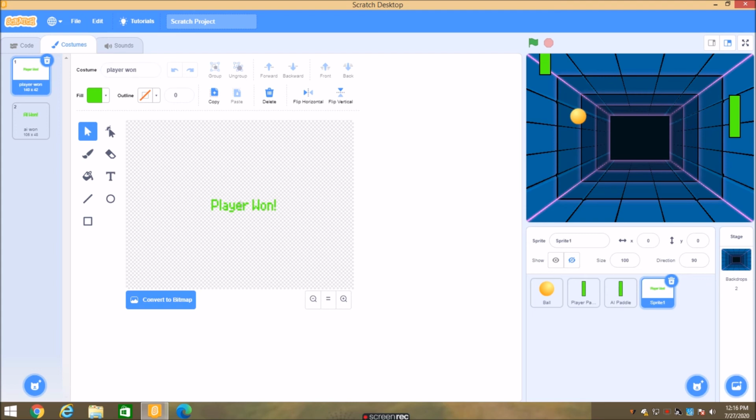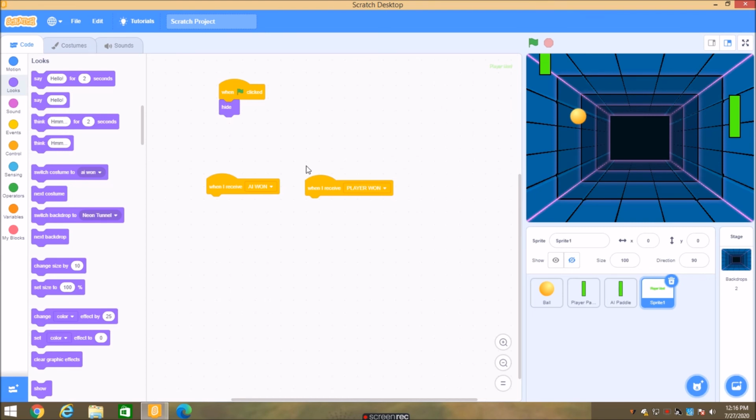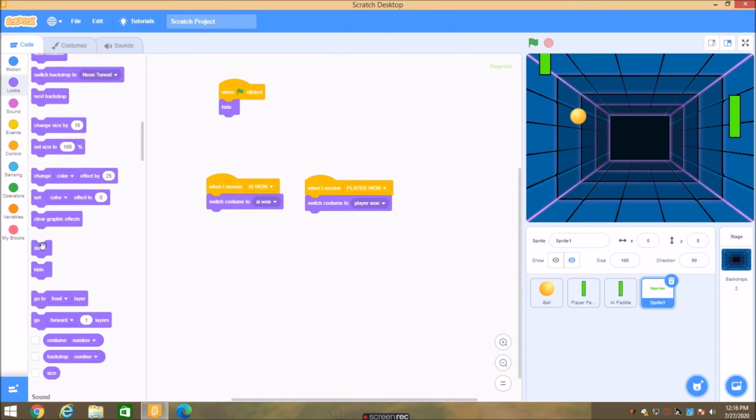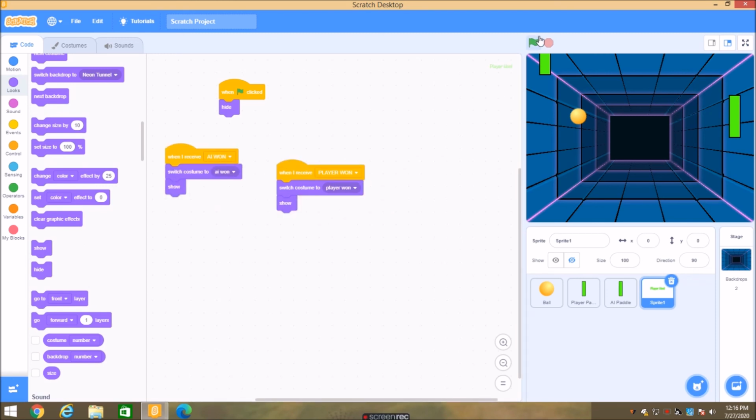And player 1. When I receive AI1, switch costume to AI1, and when I receive player 1, switch costume to player 1, so that it switches its costume accordingly, and then show itself. Yeah, so now let's see.